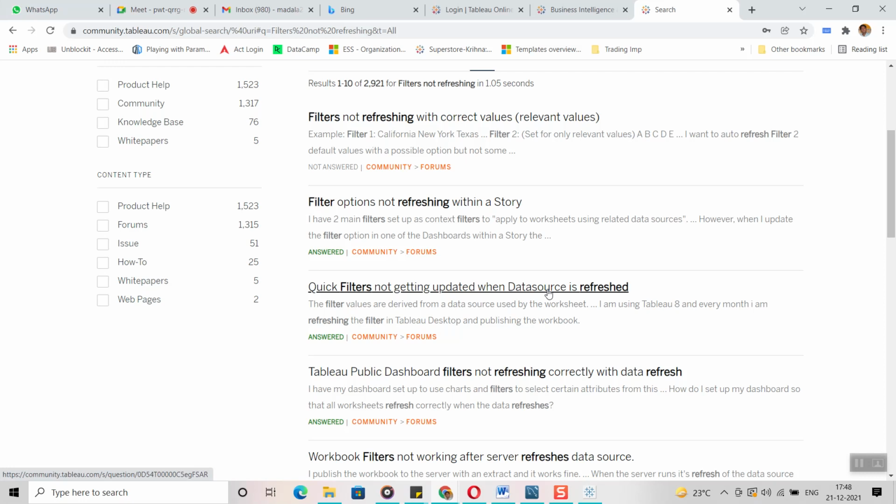Now what happened is, in the backend database table, a few more employees got added into the existing data, meaning 3 existing employees plus another 4 employees added. Now the total employee count is 7. What he is saying is that in my database the employee count is 7, but the filter I am using to filter the data in my dashboard is still showing only 3 customers. It is not updating properly. That is the issue he posted.